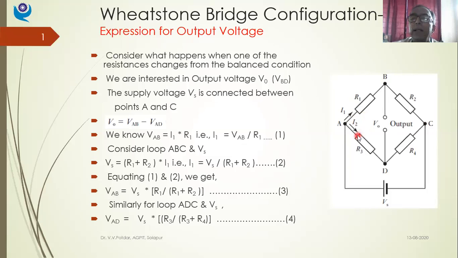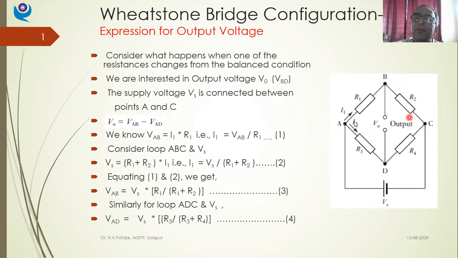Be very attentive now. Just forget about R3 and R4. Just consider the loop ABC. Think that nothing else is there. Or if you have a piece of paper, draw one more circuit showing VS. Start with VS, show A, show R1, show B, show R2, and show C, and complete the circuit. Don't draw these other things. So let that current be I1.